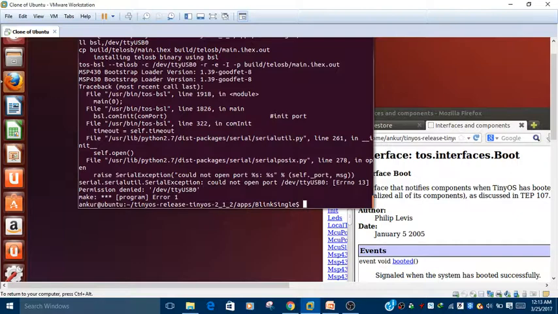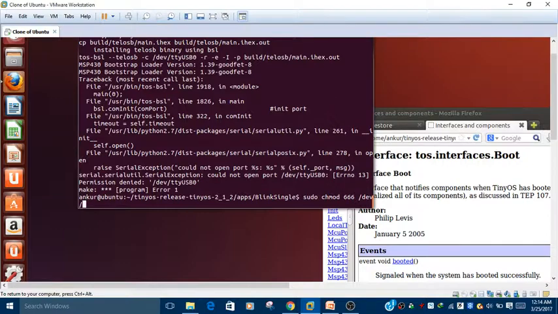Okay, so you can see that there is an error with the writing. The error is that it could not open the port /dev/ttyUSB0. It means you do not have the write permissions, so just allow the write permissions: sudo chmod, I will give over the permission to this device /dev/ttyUSB0.